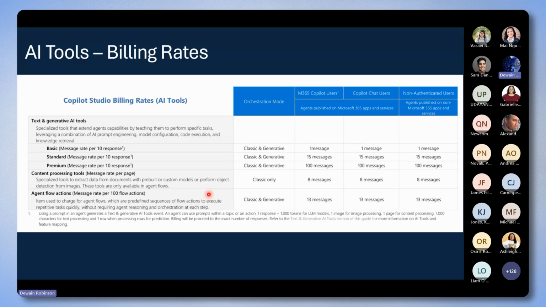So when we have these flows, you can have up to 100 flow actions. And when you do these flow actions, these are what your costs are going to be. You're going to get 13 messages for every 100 flow actions that you hit. So just be aware, this is how we are changing this to go into message consumption as the mechanism for